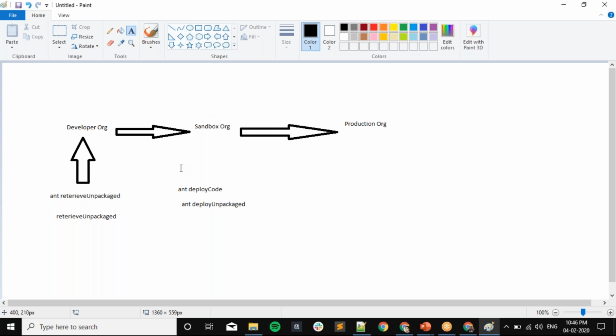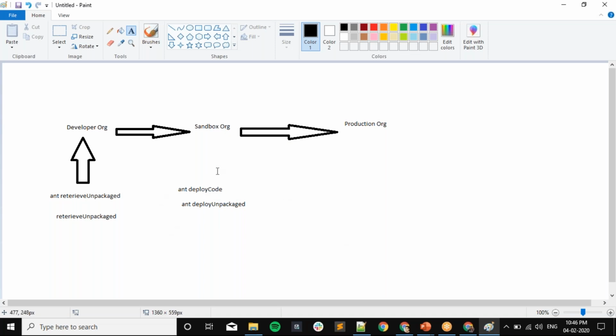And then again you need to create an outbound change set over here, because that will be available inside your inbound, but it is not available in your outbound. Now that the files or changes are available over here, you have to create another outbound change set like the earlier one you created. You have to add manually all those files inside that, and then you have to deploy to the production. Again it will take the same amount of time which it took for this process. So it will be around a 2 hour process.